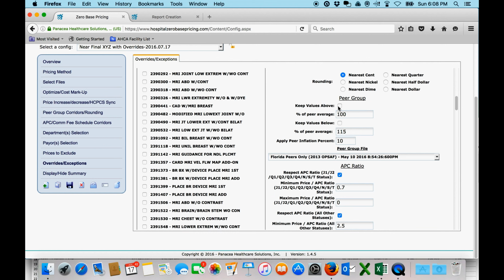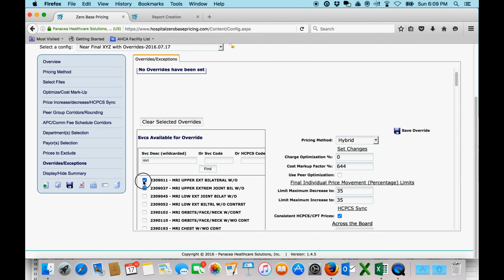Or if I created a special imaging peer group, I could leave this corridor on, and I could actually pull this menu down, and I would find my imaging peer group or oncology or cardiology, and I would choose that instead. So this is where I could fine tune the model for specific departments or to address specific situations. But in this case, I'm just trying to show you the feature, and I'm not going to actually make any service code overrides. And with that, let's hit save